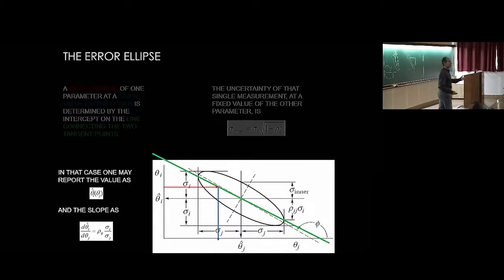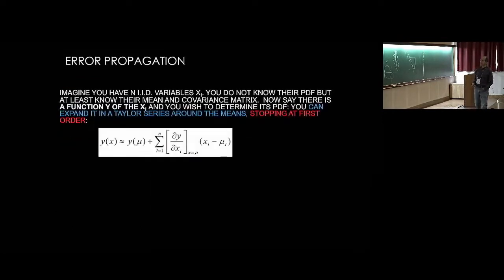I mean, you have the two variances playing out how the two parameters depend on one another, and you have to be careful in extracting the information that you want. So when you have many parameters, this becomes really complicated, okay? And the way out is to rely on Taylor expansion and stop at the first term. That is to say that you can do error propagation.